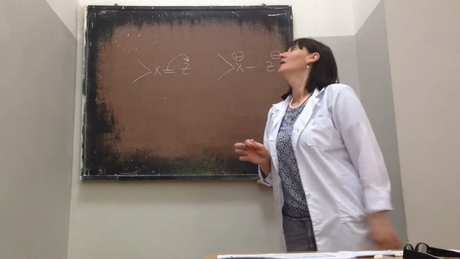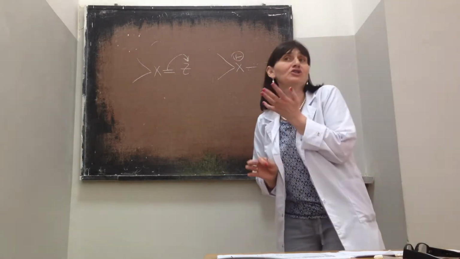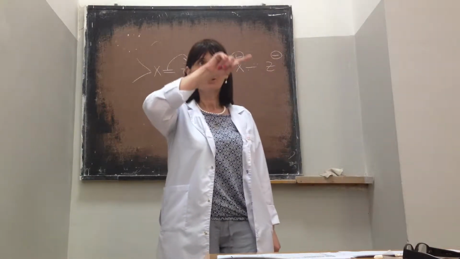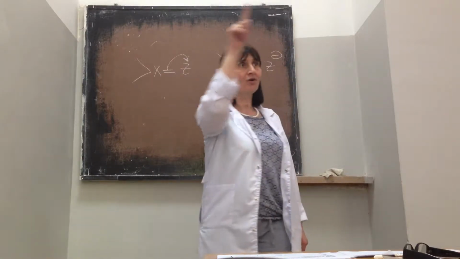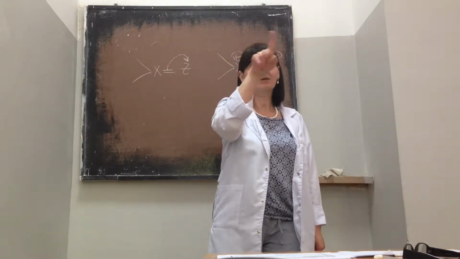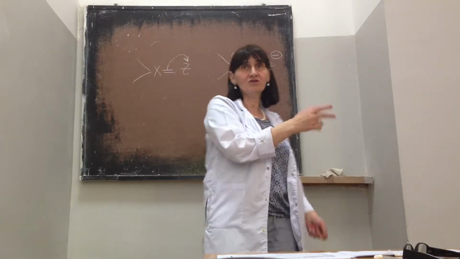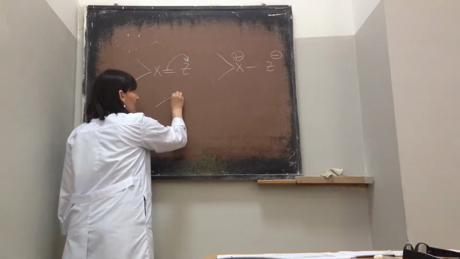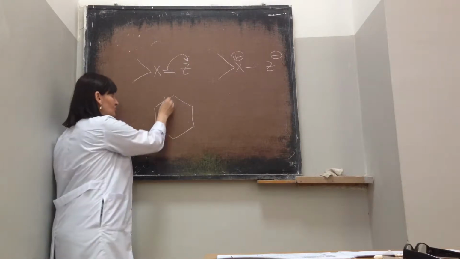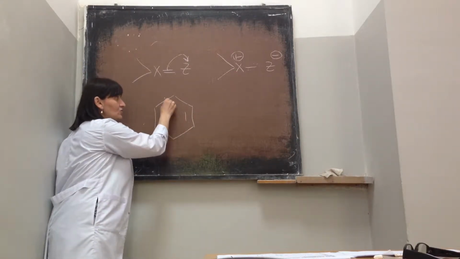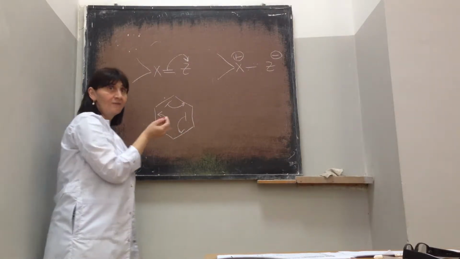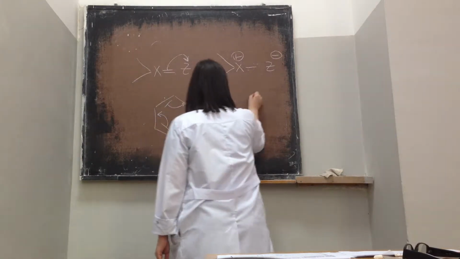course only. Now look, so this is one option. What about the second option? When your pi electrons travel around the whole cycle, like in the benzene ring, these 2 electrons move from the first carbon to the second, to the third, and so on. So in the case of the benzene ring, you can draw 2 resonance structures. If these 2 electrons move here, these 2 move here, and these 2 move here, finally you get the second resonance structure,